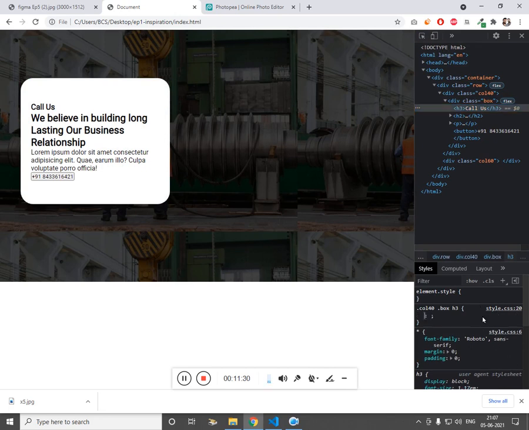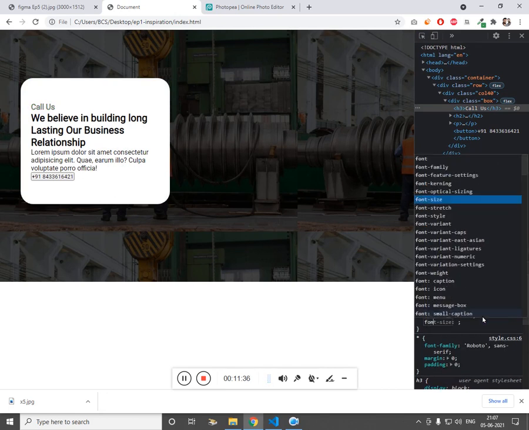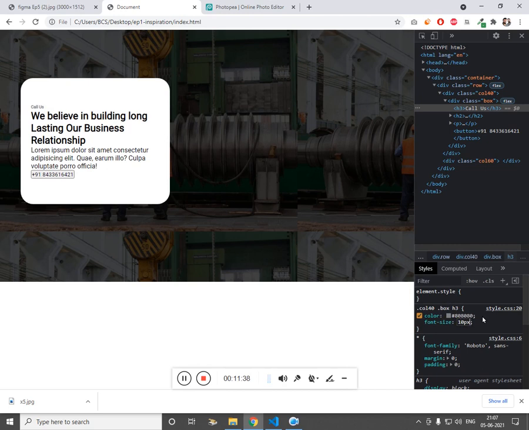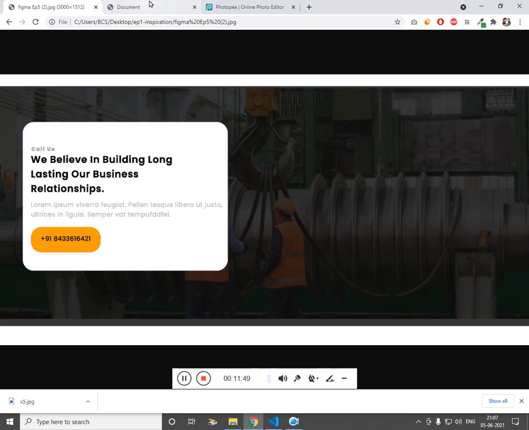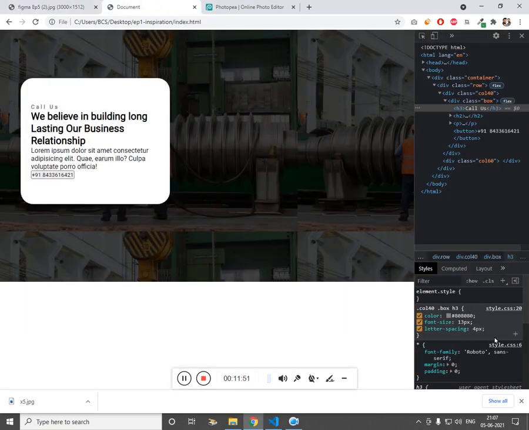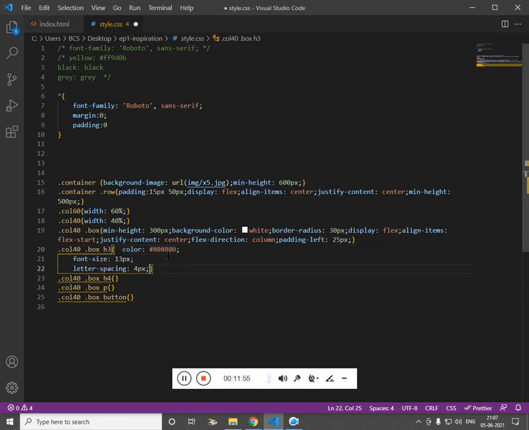For H3, let the color be gray and font size 10 pixel. Cool. Letter spacing 10 pixel. Almost there.